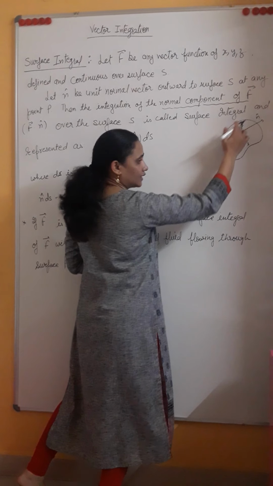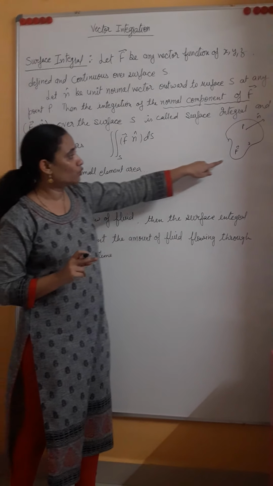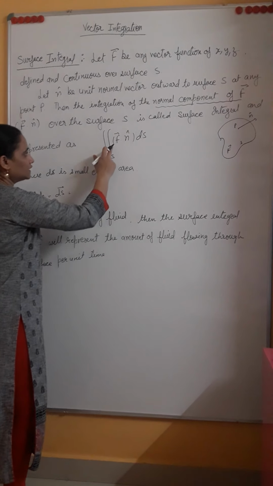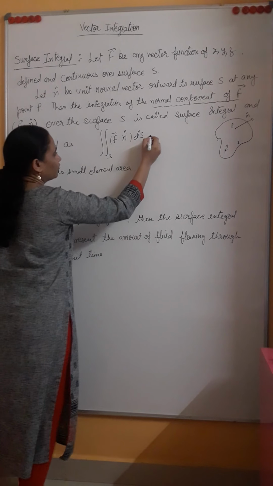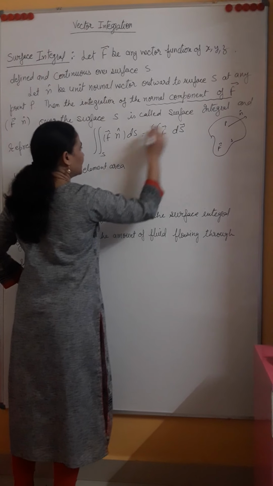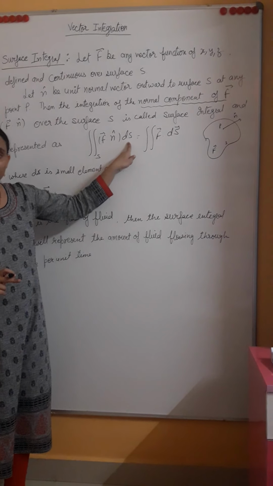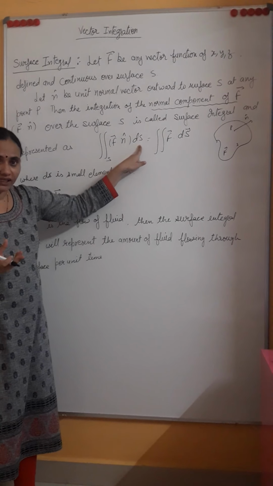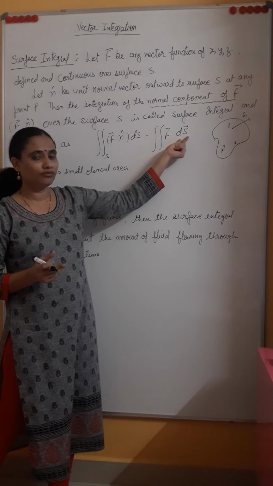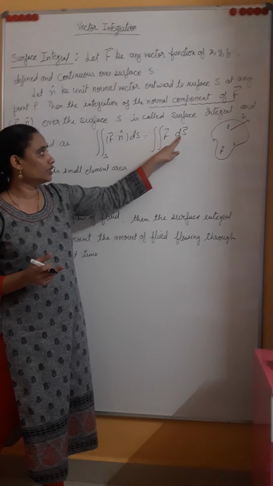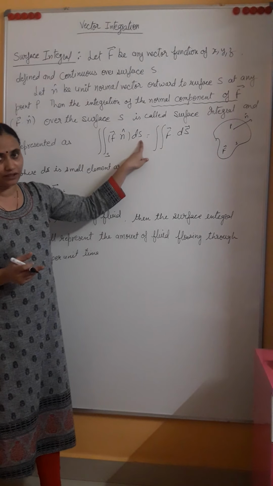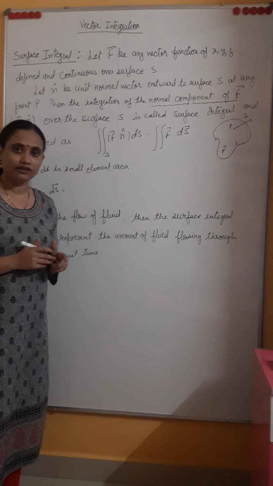We are going this side and that side, whereas in line integral we took along the curve, so that was with respect to one variable only. So this is f dot n cap ds, which can also be represented as f dot ds. What is ds here? That is the small area segment, and area is not a vector quantity, so n cap gives it the direction. In some books it is represented as f dot ds vector, where ds vector means n cap ds. Remember the direction we take is always perpendicular to the surface.